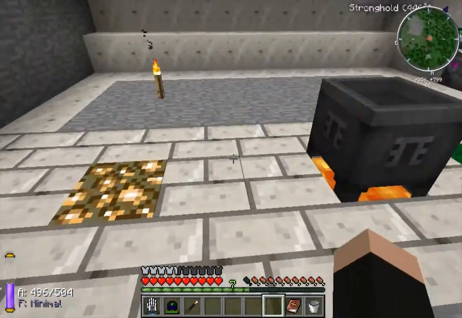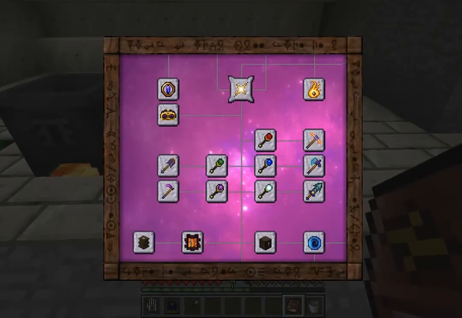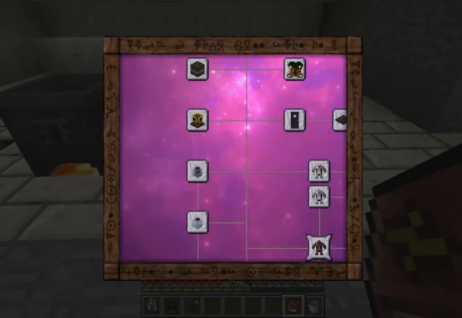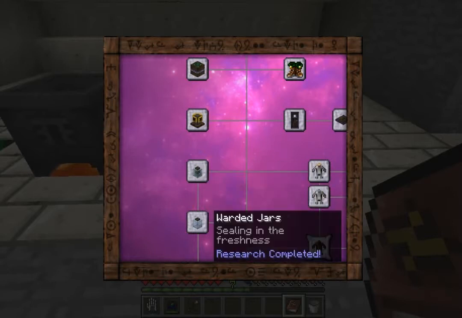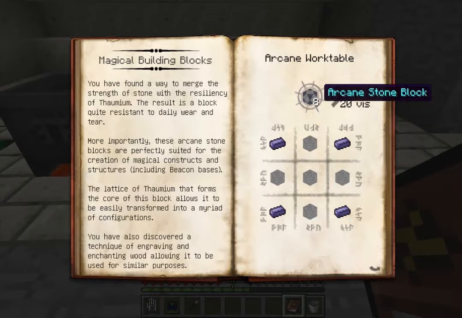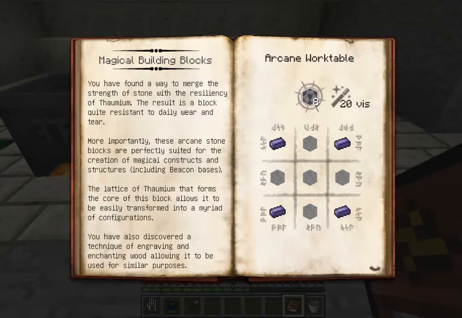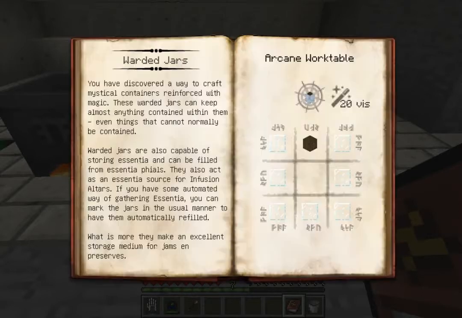What we want to start doing is controlling the flux. So, to that end, we'll be creating mortared jars. And for that we need arcane wood blocks, which is greatwood or any other kind of wood. And since we're going to be needing a lot of these,